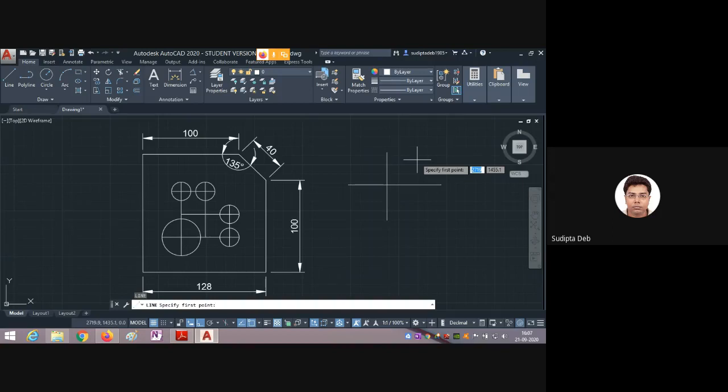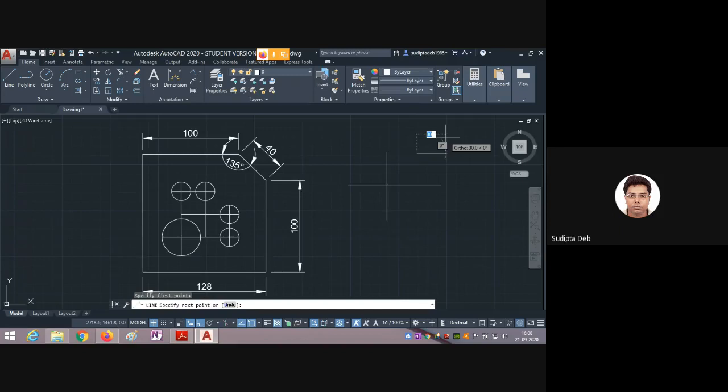If you use the 2007 or 2006 version, these things are not there. In that case, you have to use the @ for line drawing. Let me discuss. L is the line. Specify first point, this one.